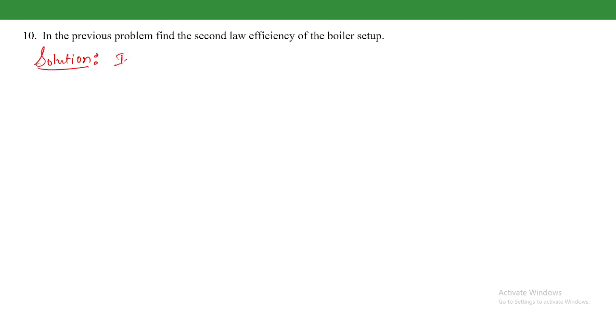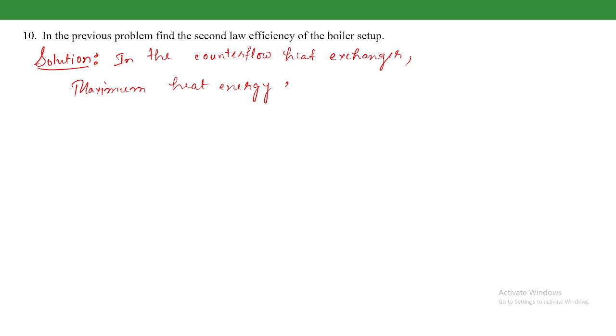So in the counter flow heat exchanger, the maximum heat energy obtained from air